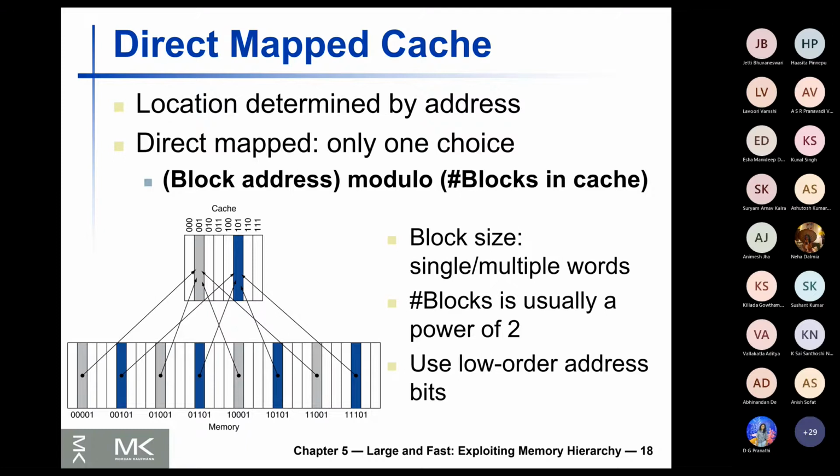Now we were discussing different methods of mapping memory addresses to cache indexes. Why are different methods necessary? First of all, why is mapping an important concept in the context of cache memory? Because cache memory is very small compared to the main memory. As a result, in general, it is a many-to-one mapping.